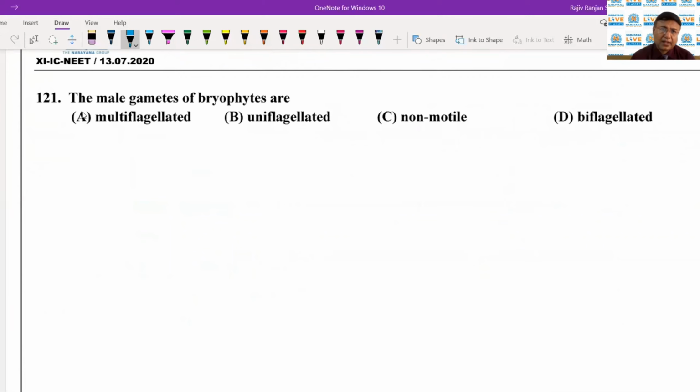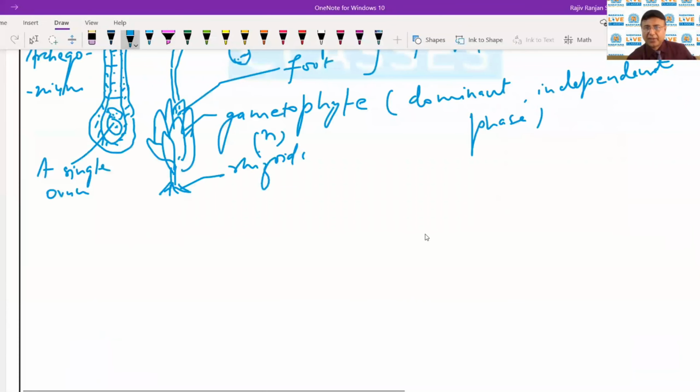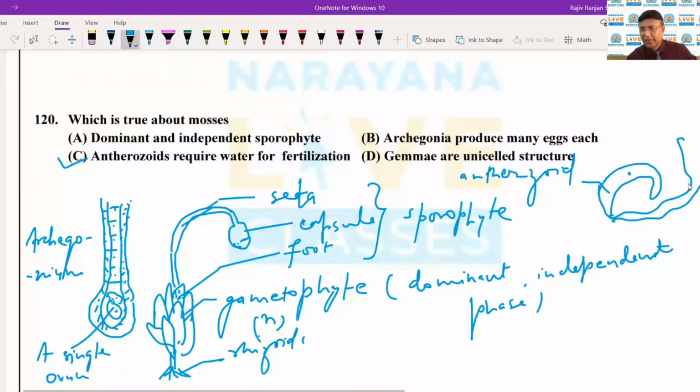ठीक है, यानी कि उनके मेल गैमेट में, उनके एंथ्राजोइड में कई सारे फ्लैजिला होते हैं, एक ही फ्लैजिलम होता है, वो बिल्कुल फ्लैजिलम उनमें नहीं होता है, और चौथा ऑप्शन जो वो कहता है कि उनमें दो फ्लैजिला होते हैं। तो यहाँ पे द करेक्ट आंसर इज डी। जैसा हमने अभी पिछले क्वेश्चन में फिगर जो बनाया है, तो यू कैन जस्ट नोटिस हियर दैट दीज आर द टू फ्लैजिला।